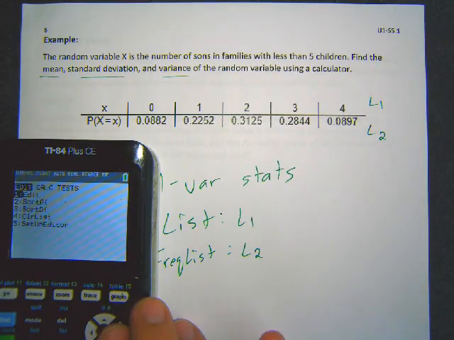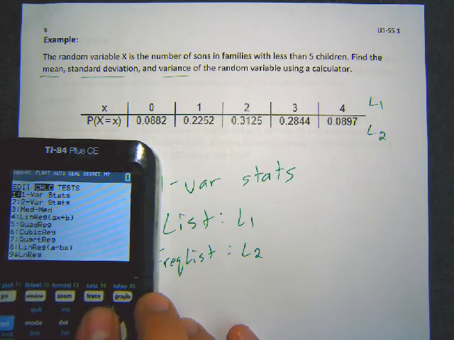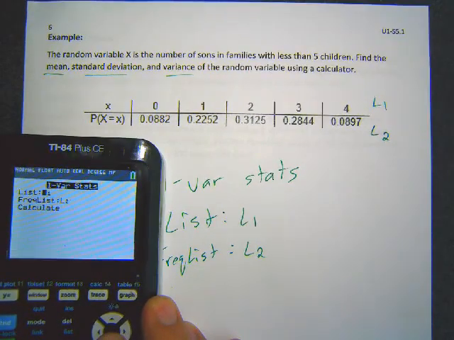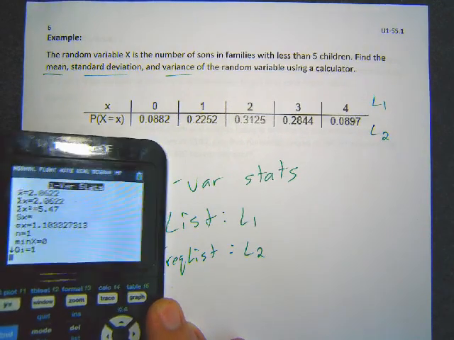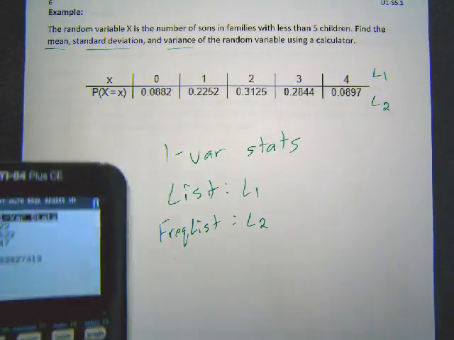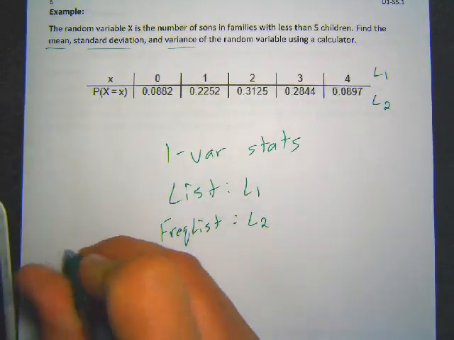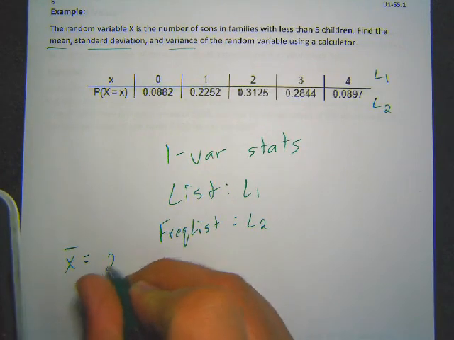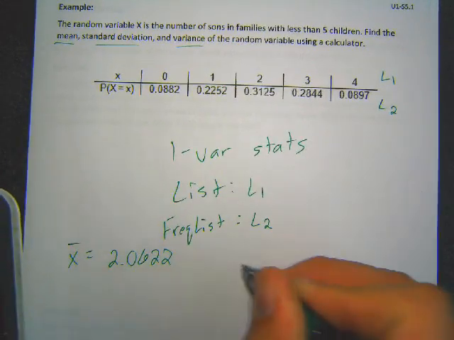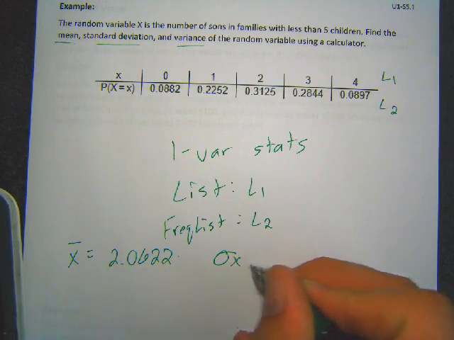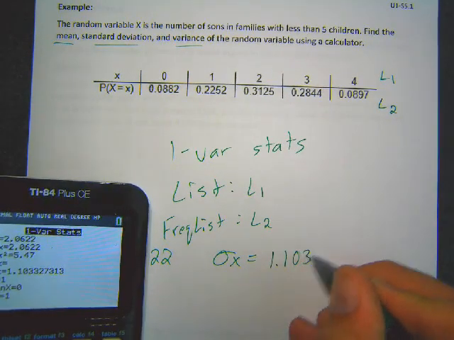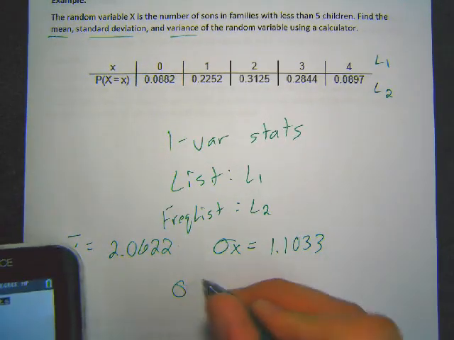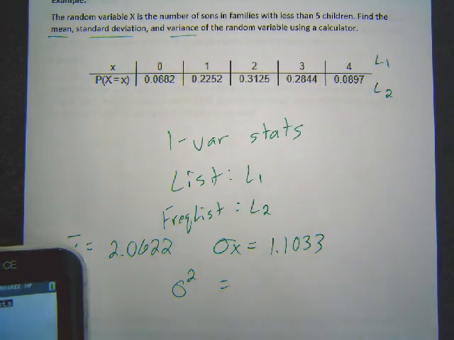And I'm going to hit stat, calculate, 1 bar stats, not the 2, 1 bar stats. And again, list 1 is my data, list 2 is the percentages, probabilities. I hit calculate, and there we go. It gives us the numbers we need. That's the nice thing. I don't have to do anything more than that. So it just tells us that the mean is 2.0622, sigma x, which is your standard deviation, is 1.1033,